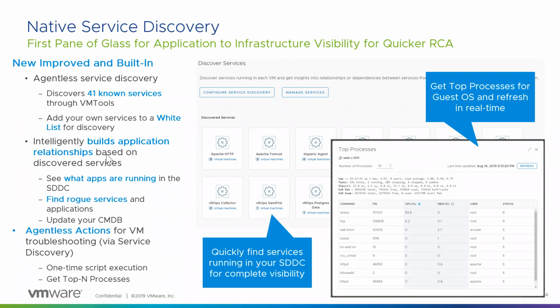Beyond that, once we discover certain services, we can also look to see what kind of relationships are associated with those services. So if we see different virtual machines talking to each other, we could potentially start to map out some dependencies from that perspective. We can also provide agentless actions into the virtual machine. So I'll show you some of this where you can get processes right from Windows or Linux. You can run commands, so bash commands, PowerShell commands, different scripts that you can run in the guest operating system